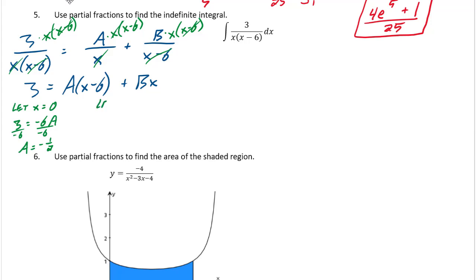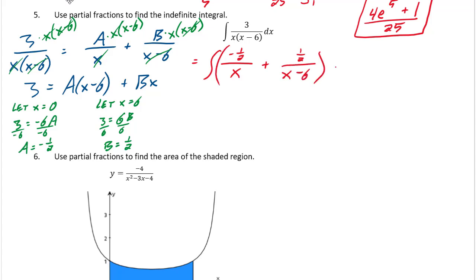Similarly, if I do, let's let x equal positive 6, that should let me cancel out the a, or that would zero that out. My new expression now would be 3 equals 6 times b, and dividing the 6 over gives me a b value of 1/2, that's positive. So if I go ahead and substitute that in place of the original, I can now rewrite it as those two fractions added together. So the a, which was negative 1/2, was over just the x, added with the b, which was over the x minus 6,